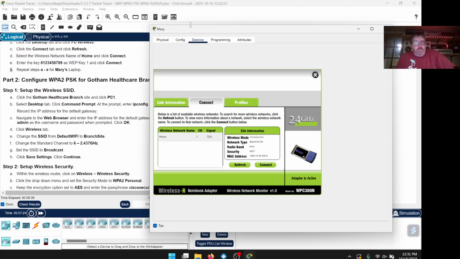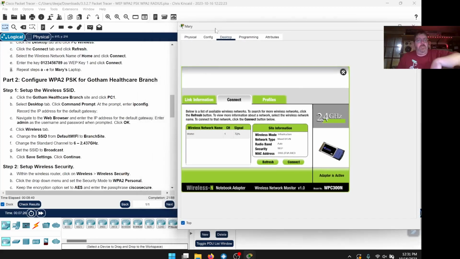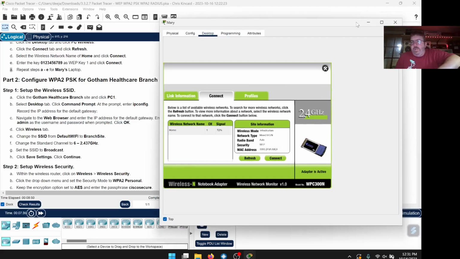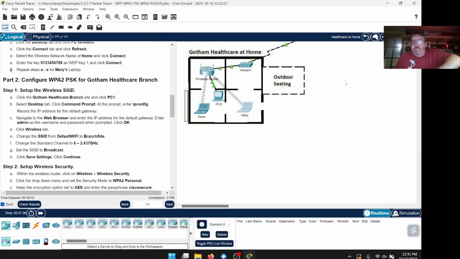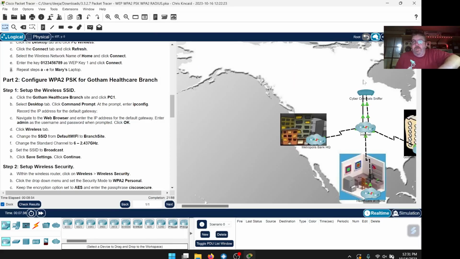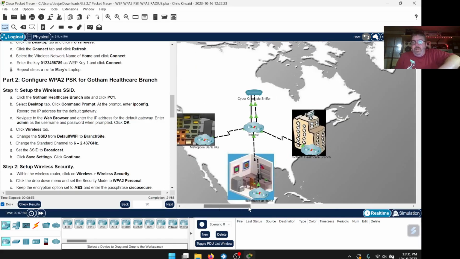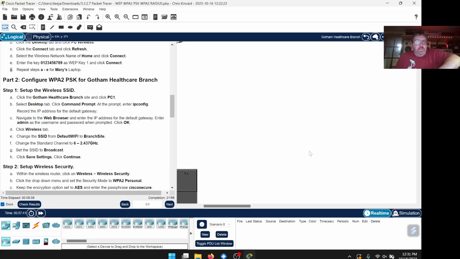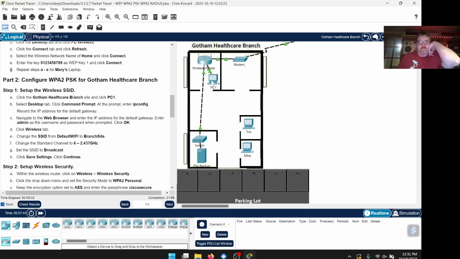So part 2, configuring a WPA2 PSK for Gotham Healthcare branch. Step 1, set up the wireless SSID. So we're going to click Gotham Healthcare branch and go to PC 1. So we can close Mary's computer, back up our map, go to Gotham Healthcare branch, find PC 1,